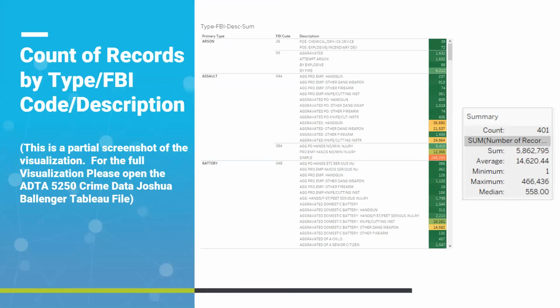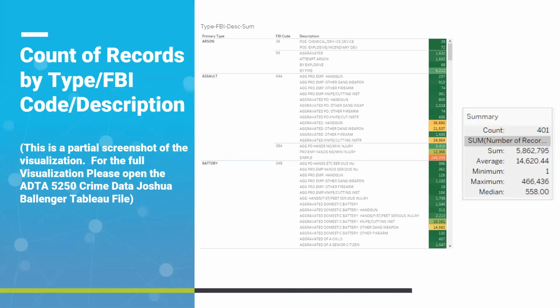The purpose of this visualization was to identify a count of how many crimes were assigned to each primary type, then each FBI code, and then to description. FBI codes and descriptions can appear under multiple primary types. A color gradient was assigned to the variables to help identify the worst or highest versus the least or lowest crime primary types. The middle of this gradient was shifted to the average of the display values to better demonstrate